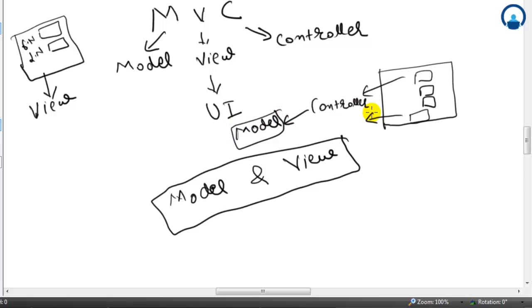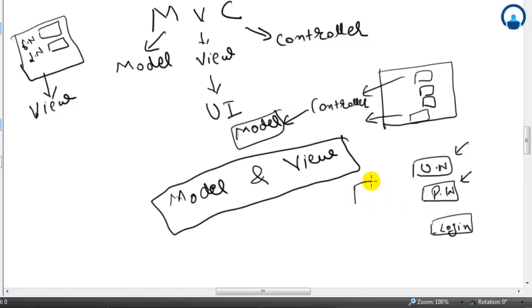Suppose you have a typical login functionality in which you have a username, a password, and a login button. You enter your username, you enter your password, and you hit the login button. Whenever you hit this login button, these values get to the controller. The controller will store your username and your password, and pass them to a model.